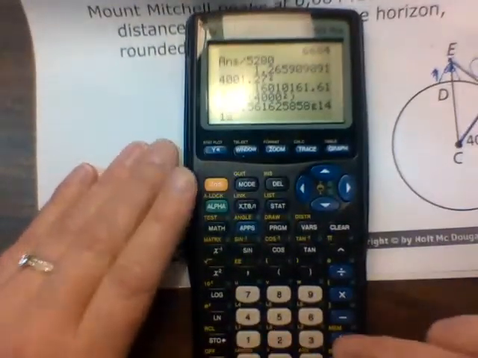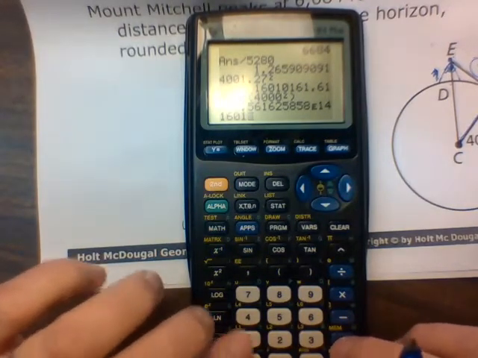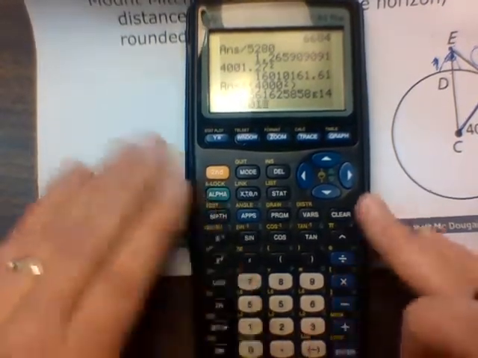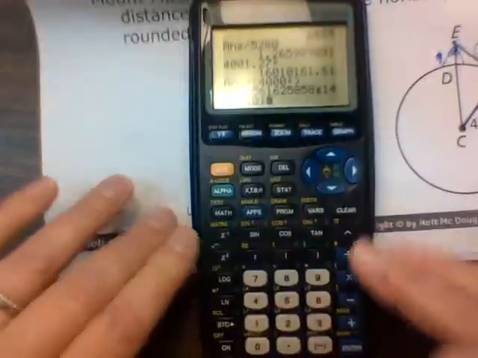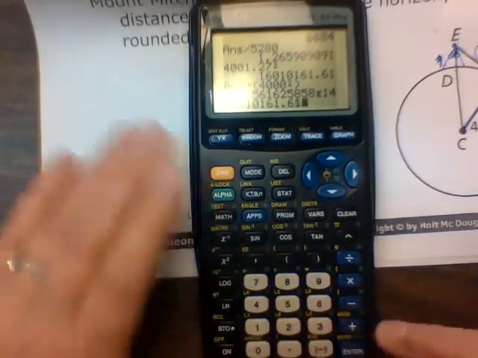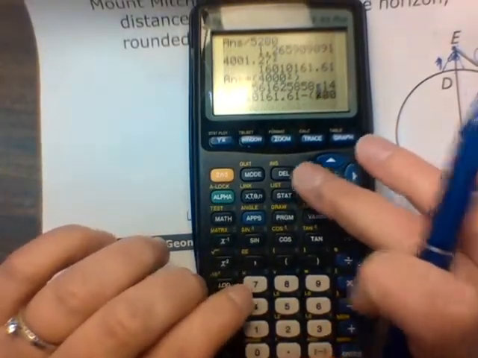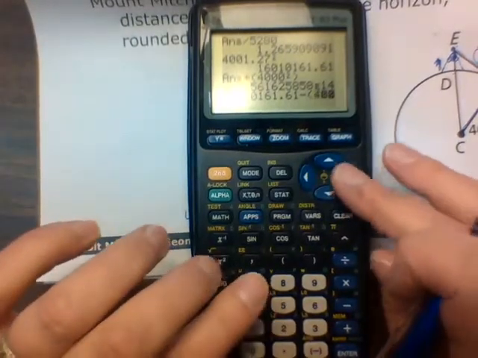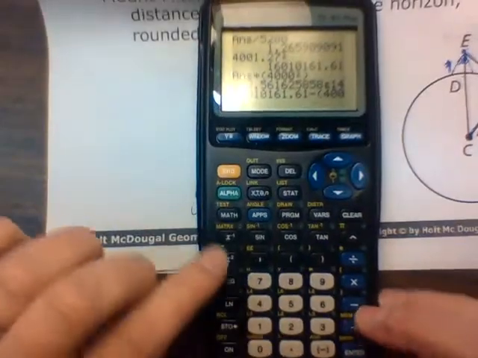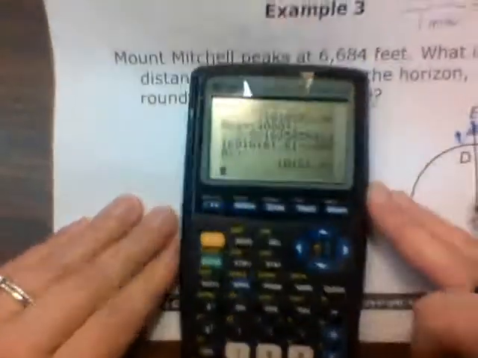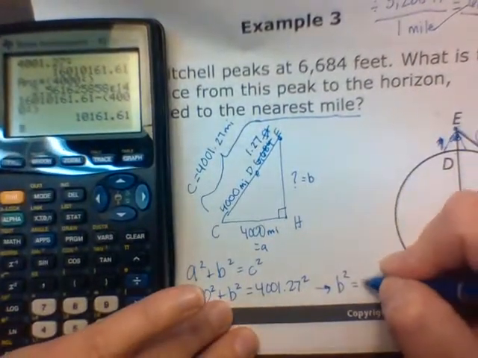I'm going to take 1601.61. And we're going to subtract 4,000 squared, thank you, instead of multiply. That's why I got such a big number. All right, so now we get 10,161.61,